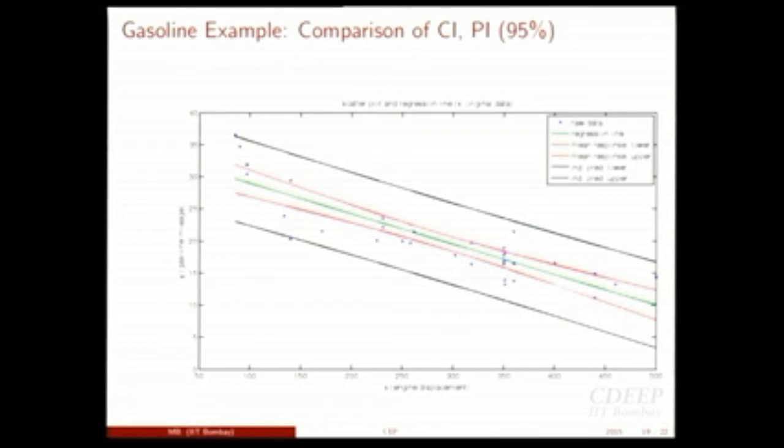Also, it's probably not very obvious in this, but do you notice anything about the shape of these two red lines? It's increasing. So it actually increases quadratically. Where is the width the smallest? Roughly it's the smallest over here. And what's the special thing about this region for x? This is roughly the average of your x values.